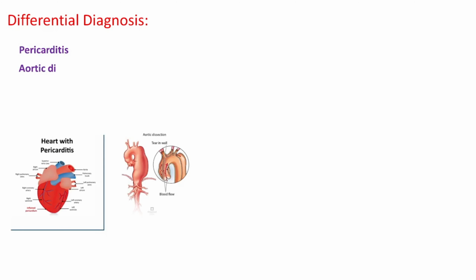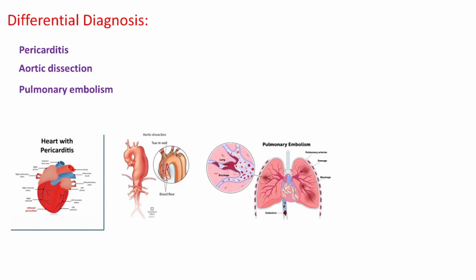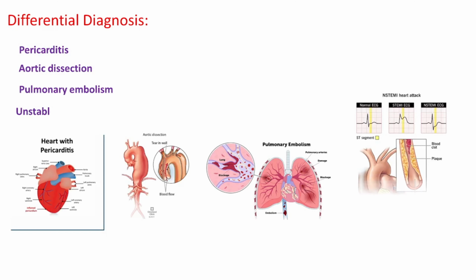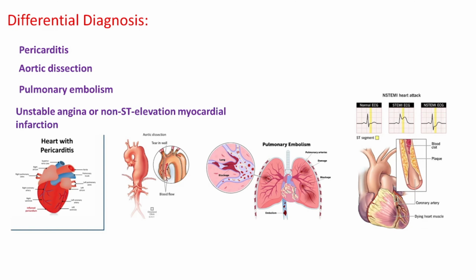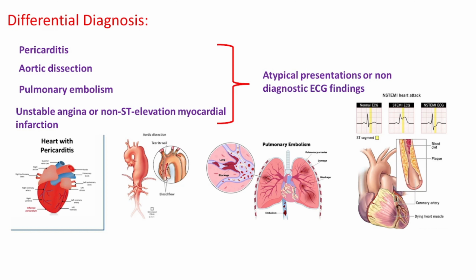Differential diagnosis. Consider other conditions that can mimic STEMI, such as pericarditis, aortic dissection, pulmonary embolism, or other causes of acute coronary syndrome, such as unstable angina or non-ST-elevation myocardial infarction, especially in patients with atypical presentations or non-diagnostic ECG findings. In summary, diagnosing STEMI involves integrating clinical assessment, ECG findings, and biochemical markers to promptly identify and initiate appropriate management,